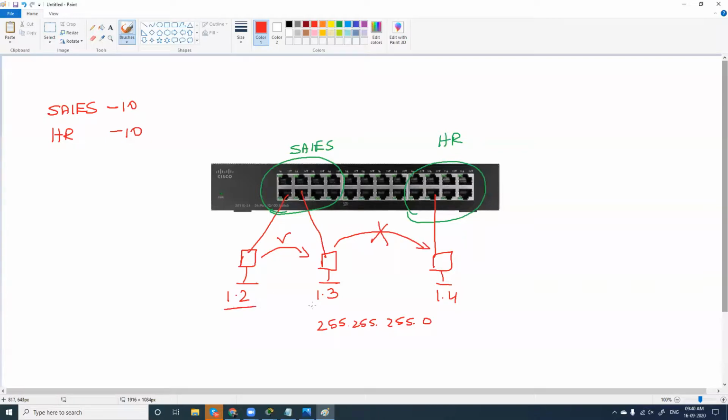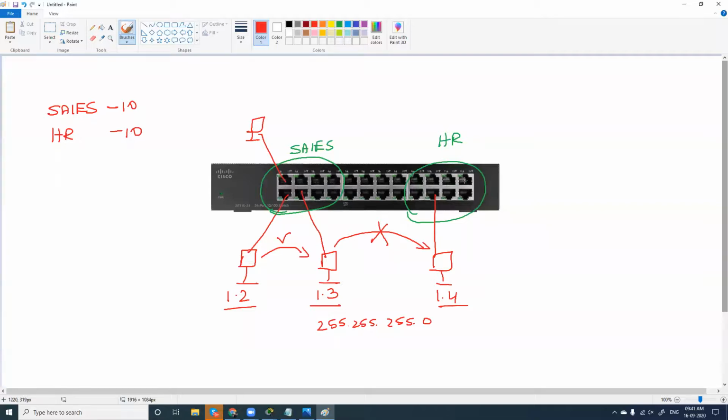Even with the same IP configuration, not like subnetting, this is totally different. Why? Because we have configured these ports. We are telling, hey, all 8 ports here, you all belong to the same department called sales. And again, we are telling, hey, 8 ports here of the switch, you all belong to HR department. So any computer which you connect to this sales port will be able to ping with other computers here, but not with a different VLAN.